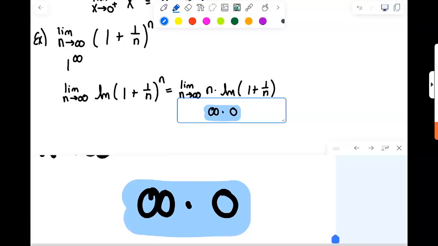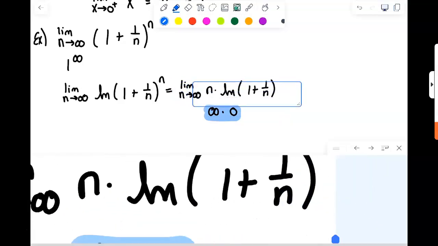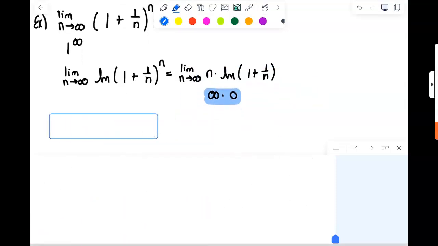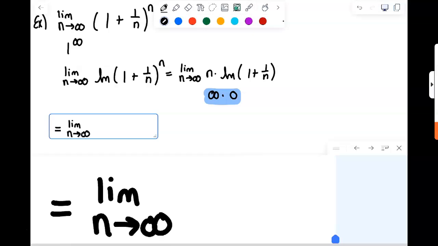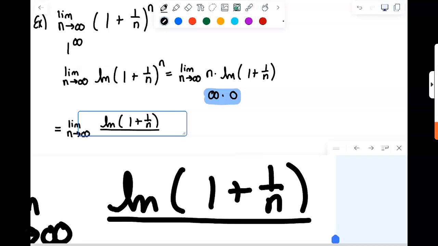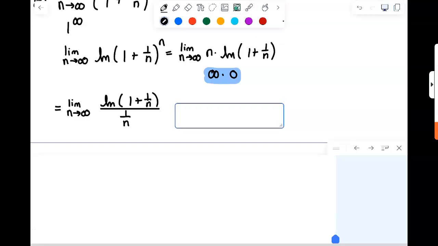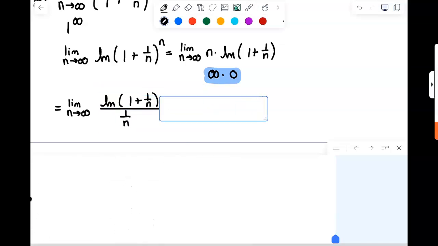So we rewrite it as one of those things over the reciprocal of the other. You can do it either way, but let's make life easy and put the ln function up on top. ln of (1 + 1/n) divided by the reciprocal of the other. Okay. And now we have transformed this into a 0 over 0 limit, which allows us to finally apply L'Hopital's